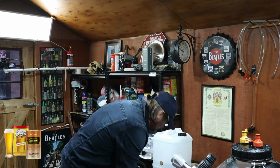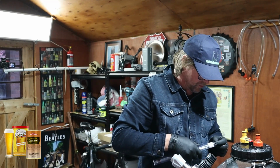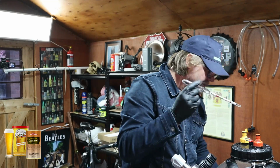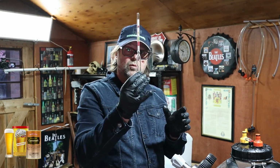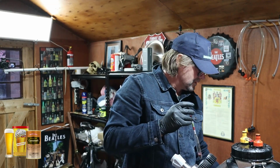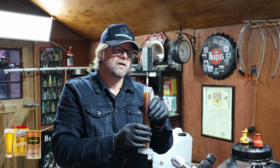Yeah. I need a gravity checker. Now I'm using my Tilt in the other one at the moment, so I can't use it here. This is my, I've got a new one now. The other one was a bit funny, so I had problems with it giving me misreadings. There's the gravity. Once it settles down, I'll grab a photo of it and I'll show you the gravity reading,